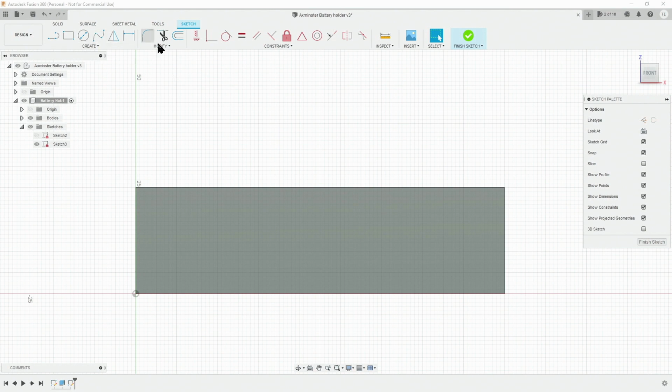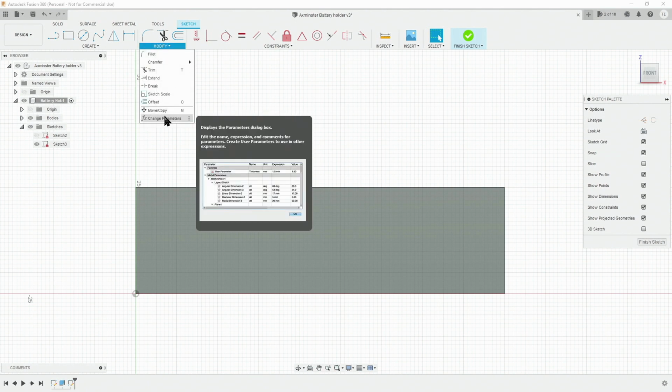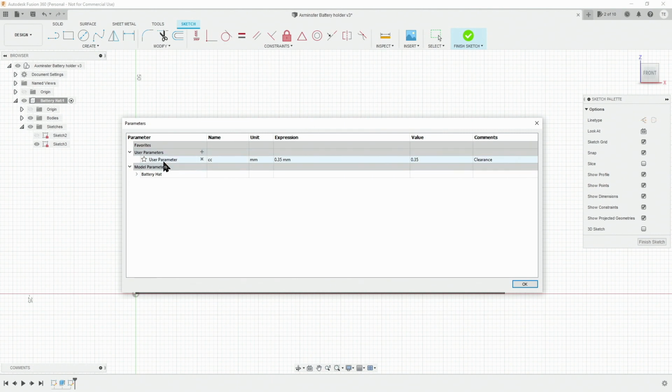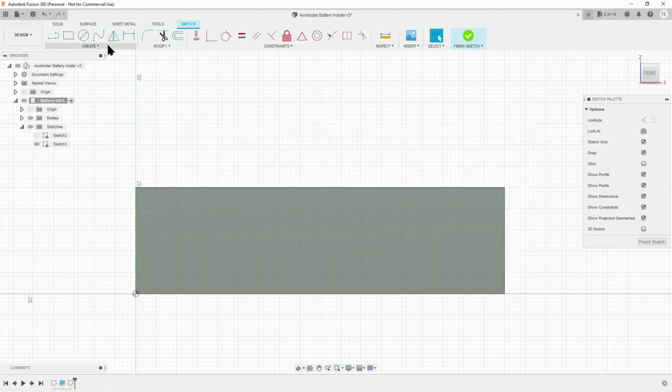So to make things easy for ourselves, we go up to the Modify panel and Parameters. In User Parameters, you can see here that I've set up this. I've called it CC, just because it's an easy command to remember. And it stands for clearance. So here